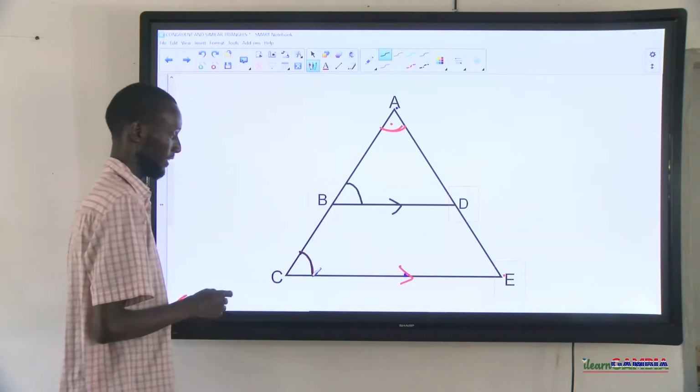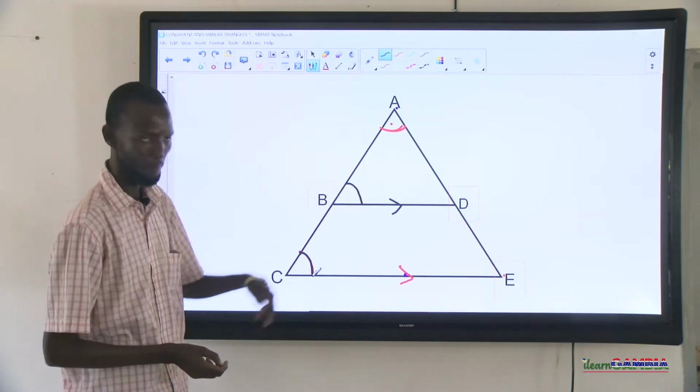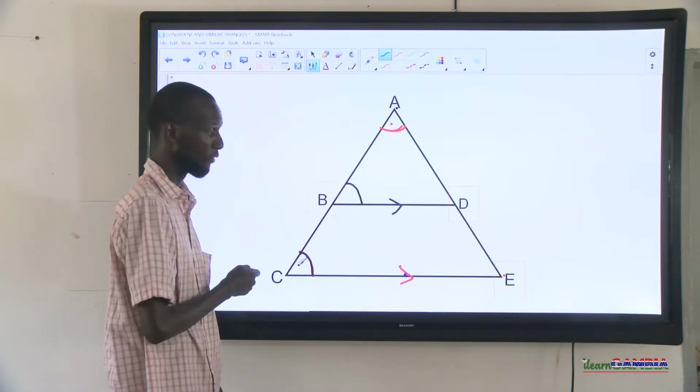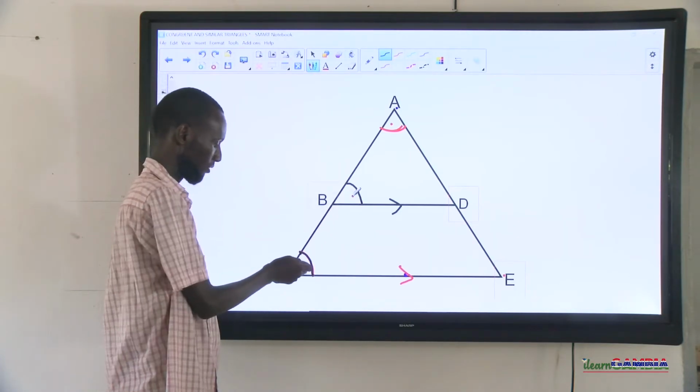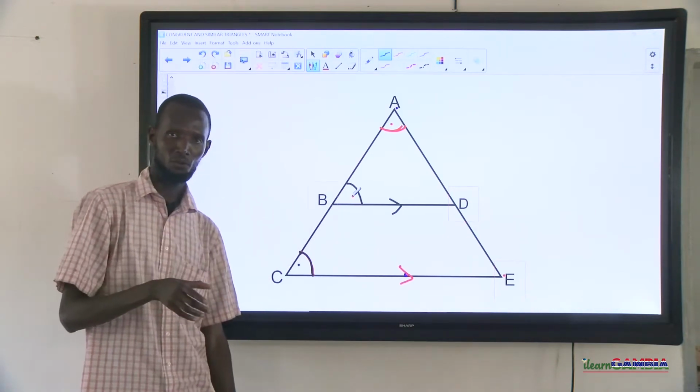Okay, angle C, what do you observe? These two lines are parallel. This angle is inside. This other angle is also outside. No, this angle is outside rather, and this other angle is inside. But they are on the same side. Now, these are what we call